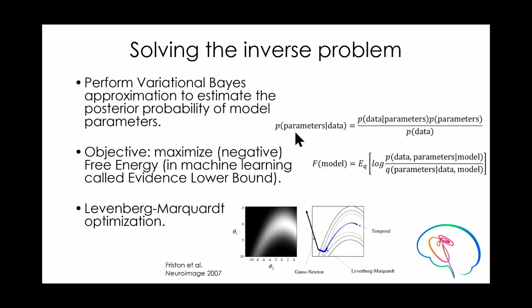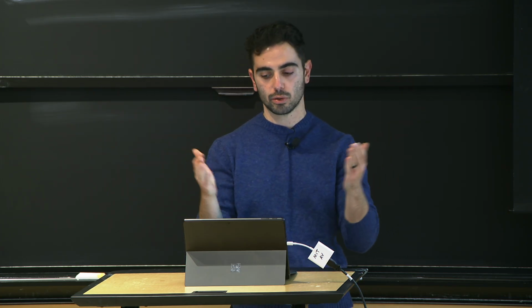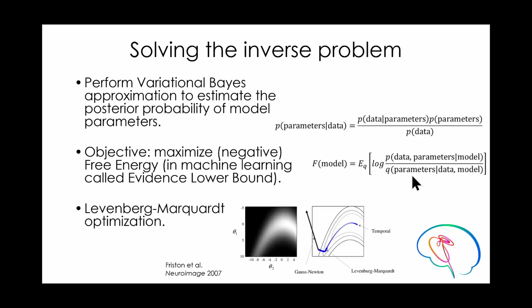Now, after making this assumption, we will perform an optimization. This optimization is to maximize the negative free energy, which, in machine learning literature, you can also find as the evidence lower bound. It's this quantity right here, which, if you expand on the log a bit, you can see that it's the same as the Kullback-Leibler divergence, which is a function that measures the distance between two distributions. And in this case, it's the distance between Q, which is our assumption of what the posterior looks like, and